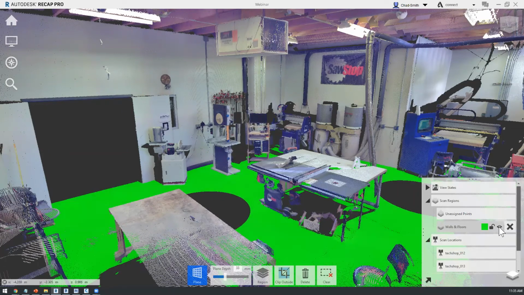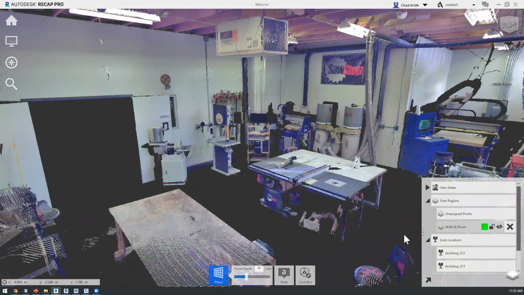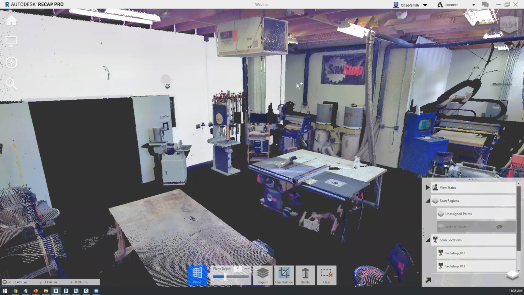Okay. So what this has done, it's given me essentially a layer within my ReCap file, and that layer has a visibility button, and I can actually go ahead now and turn those points off. Let me do a little bit more. I'll go through, let me capture a few more points, maybe the wall here. If I hold down the Shift key, I can actually then start selecting other